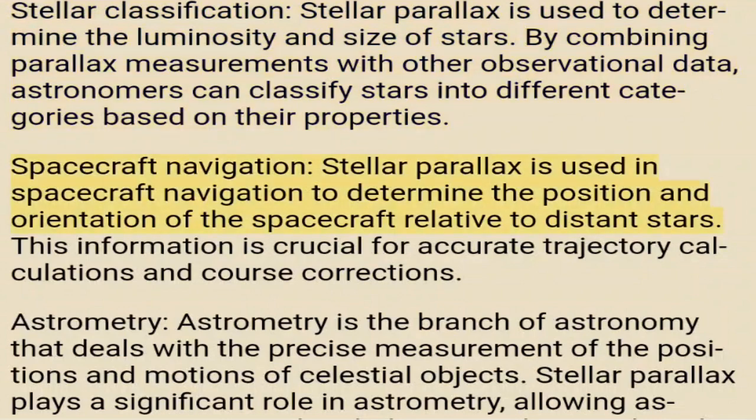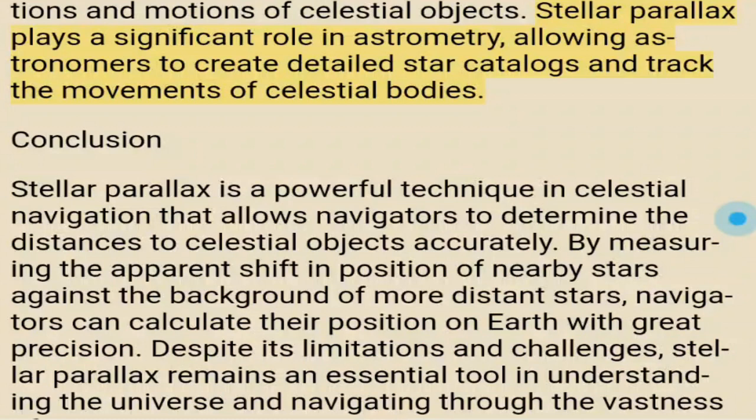Spacecraft navigation. Stellar parallax is used in spacecraft navigation to determine the position and orientation of the spacecraft relative to distant stars. This information is crucial for accurate trajectory calculations and course corrections. Astrometry. Astrometry is the branch of astronomy that deals with the precise measurement of the positions and motions of celestial objects. Stellar parallax plays a significant role in astrometry, allowing astronomers to create detailed star catalogs and track the movements